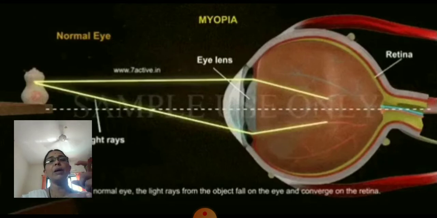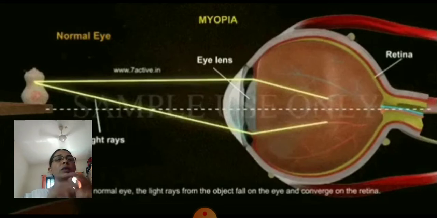The lens is held by the ciliary muscles, as well as the ray of light which enters the cornea and then the lens. This ray of light refracts. But if your eye is not in normal condition, then there is a screen here for the eye, that is the retina. Either the retina will come close or it will go far from the eye. So the image formed will be somewhere in between the eye but not on the retina.